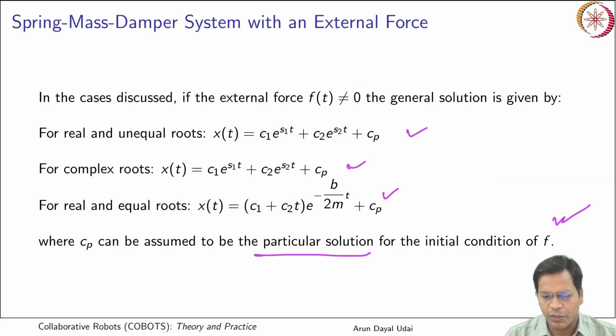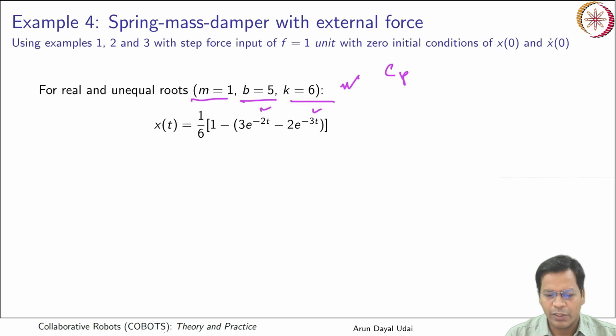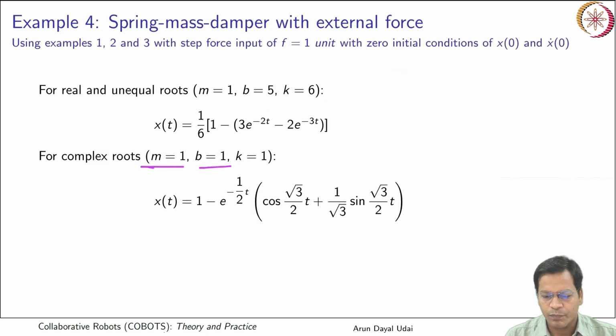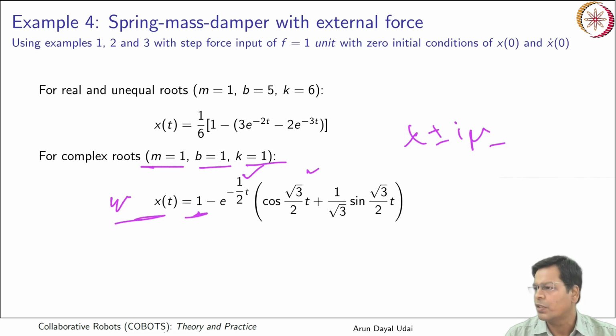If you relate it with the previous one, Cp can directly come to the other side of the equation. I can write it like this. So this is your Cp value that has come here. Okay, so this becomes your time domain solution. Again, in case of complex roots, you can write your equation like this. You have lambda plus minus i mu. So the mu term will go here, the lambda term will go here, and Cp comes here, and the time domain solution will be like this. So plotting these, you can see the influence of external force and how your system behaves with that external